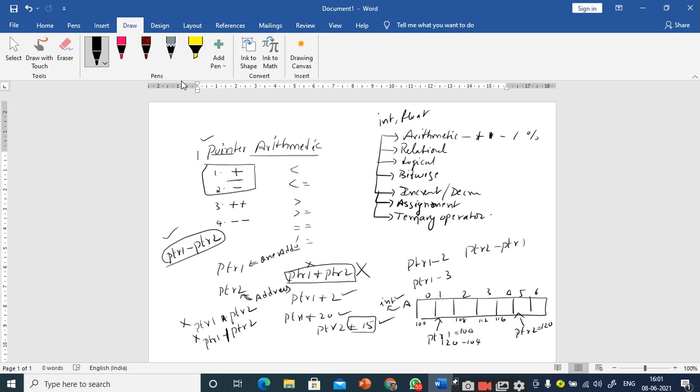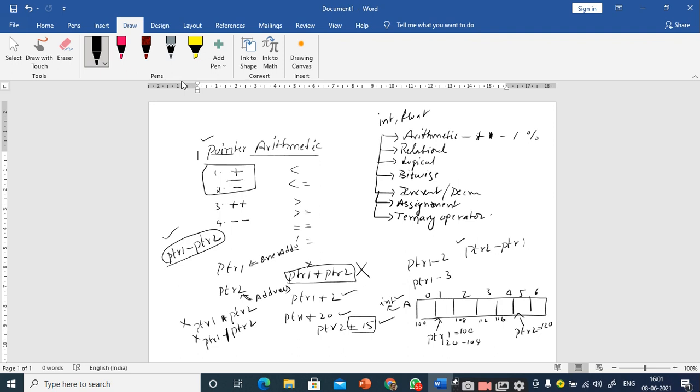Actually, saying that ptr2 minus ptr1 is not valid, but not valid in the sense, don't take it as that this operation cannot be performed. This can be performed, but it does not give any good value, right?